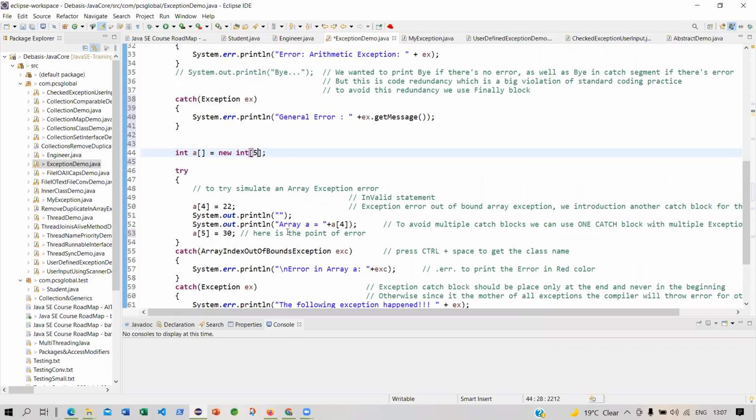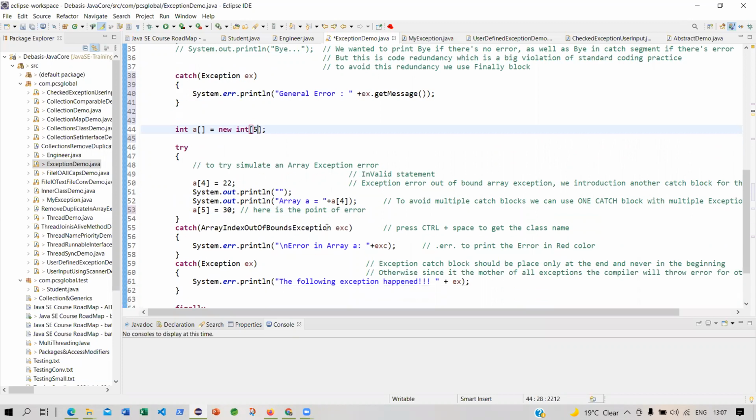Okay. Because I have only 5 elements. If I mention 5, this 5 and this 5 will be, no, I cannot do that, but I'm just talking for the timing. I'm saying that when you say A5, what does that mean? And when you say int5, that means you are creating a class or object A array. This is a sort of a constructor.